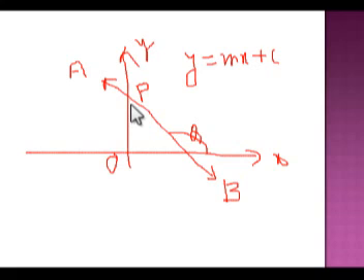So here the given point is, we know that c. What is the c? Here the coordinate of the point P is 0, c. So the length is c. Now we use this point to evaluate m. So how can we evaluate m? So m will be